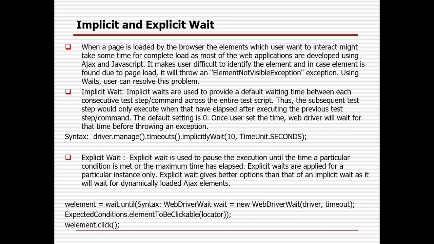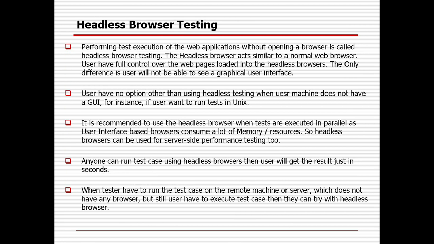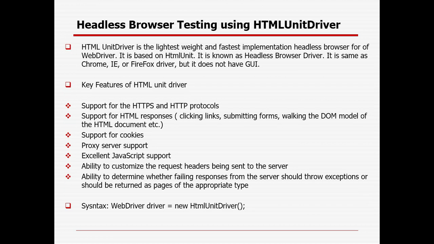Implicit wait you apply for the whole web page, but explicit wait you can use for a specific particular condition. If the condition is matching, it will not wait for the complete time. Instead, it will perform the operation before the time has elapsed. If the condition is not matching, it will wait for the maximum timeout. Okay, and for headless browser testing, you can use the HTMLUnit driver, or even with the Chrome driver, with the help of ChromeOptions you can do headless browser testing. It requires less memory and makes execution faster. You will not be able to visualize the GUI execution, but all the execution steps will happen successfully.